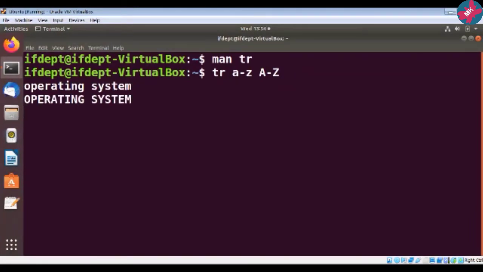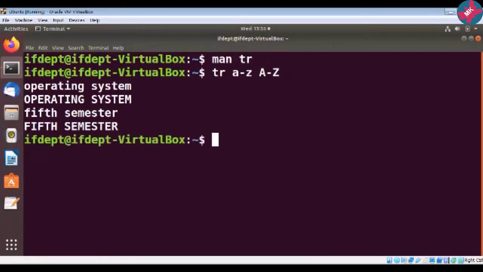If I just press enter, since this is within the tr command, observe it has converted it into uppercase. Then next, if I type here 5th semester and press enter, it will convert it to uppercase. In this way it can convert lowercase to uppercase using this tr command. Now if I want to come outside this, I will press Ctrl D.